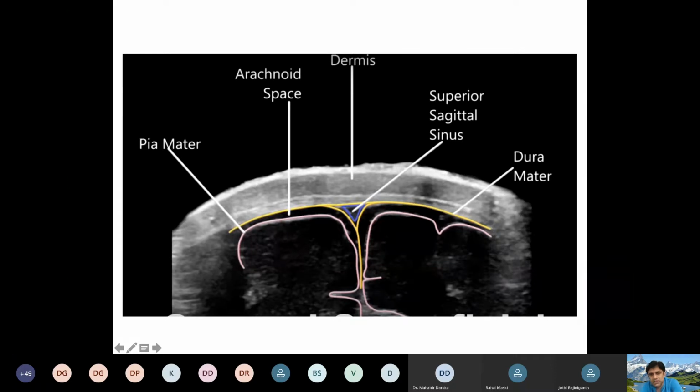So in case of meningitis or infection, you can see thickening and widening of the space, or even any pus collection in the subarachnoid space. This is how it looks when you put a probe. Like how you read an X-ray from heart to periphery, you can read from top to bottom, from the layers of skin through the dura mater, pia mater, and then the cortex, gray matter, white matter, and other structures.